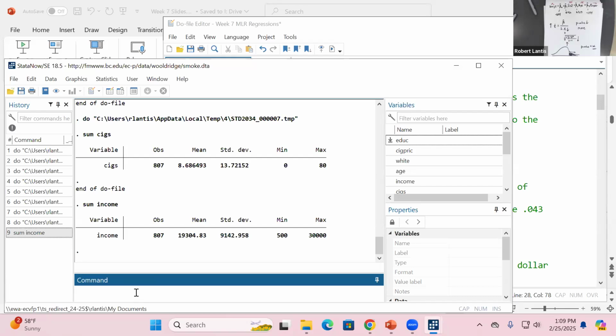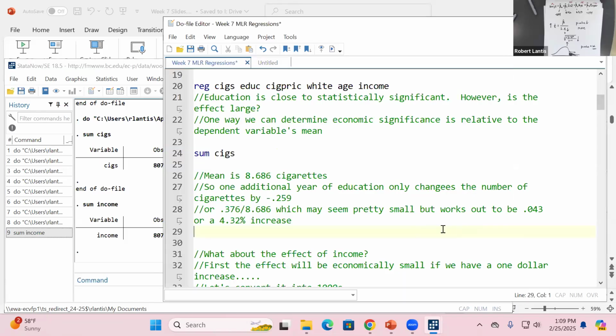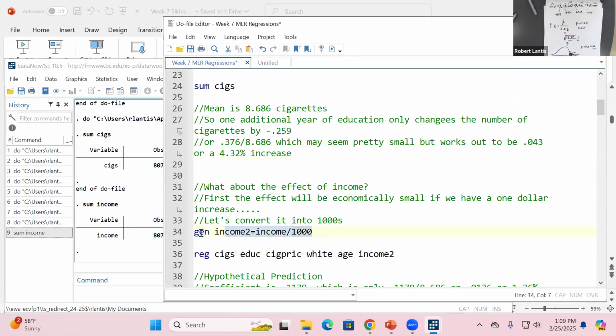So what's going to be the unit change in income? It's going to be having one additional dollar. What is the size of that coefficient going to be? The effect of having one more dollar on the number of cigarettes you smoke is going to be really, really small. The units are small. So what might make sense sometimes is to think about a different unit. I'm going to create this new income variable where I divide income by 1,000. So now, think about it this way, income was 20,000. What would that be if I divide it by 1,000? 20,000 over 1,000 is